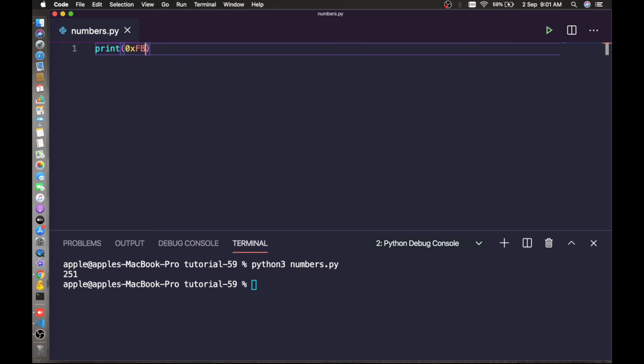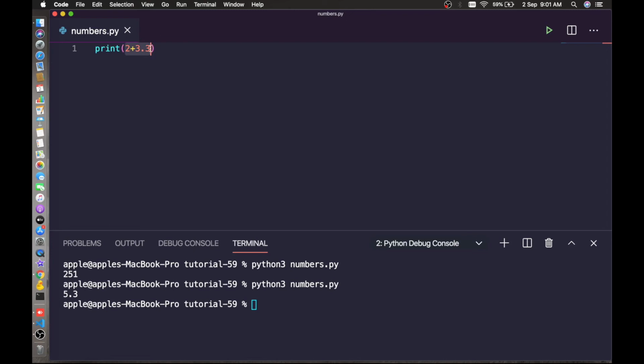Let's see this, 2 plus 3.3. If you run this one, it will be 5.3. That means it automatically changes to a float number. This process is called implicit type conversion.